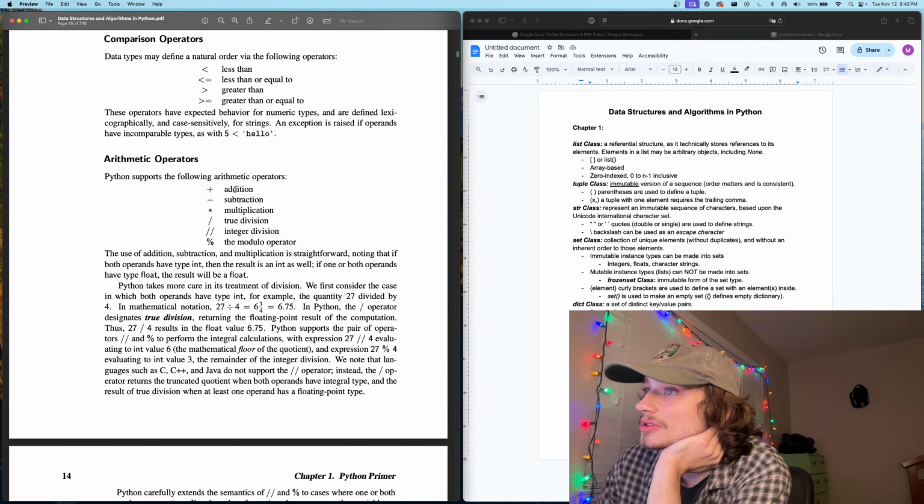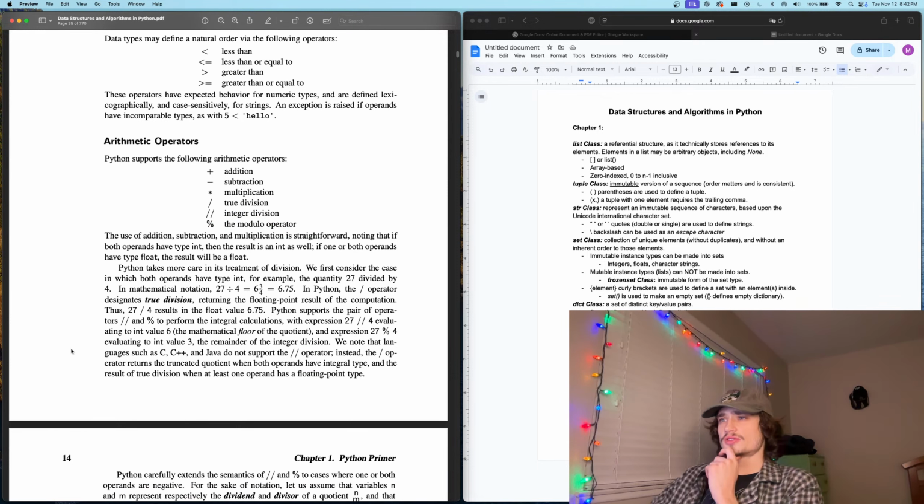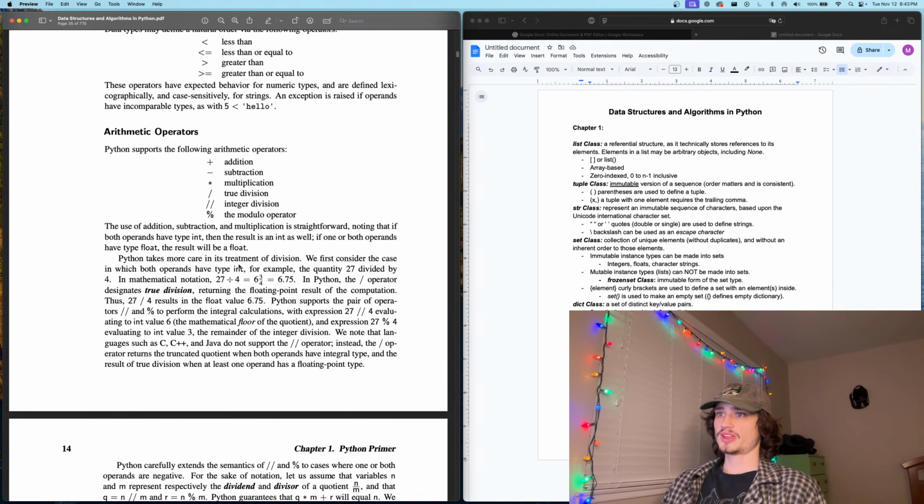Arithmetic operators: addition, subtraction, multiplication, true division, integer division, modulo operator. The use of addition, subtraction, and multiplication is straightforward, noting that if both operands have type int, then the result is an int as well. If one or both operands have type float, then the result will be a float. Python takes more care in its treatment of division. We first consider the case in which both operands have type int. For example, 27